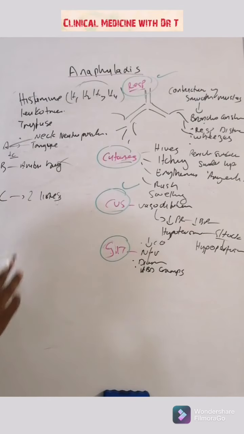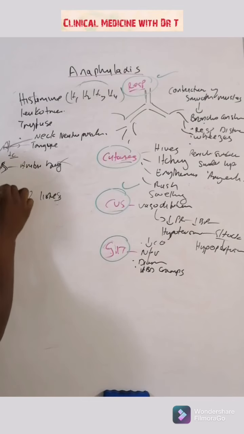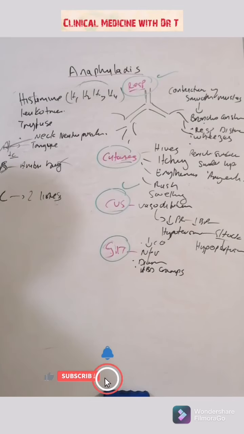But the most important thing here is that once you think that the patient's got an anaphylactic reaction, think about airway, breathing and circulation. And the third thing is that as a doctor, when the nurses call you, they know that they've called a doctor and you need to go there and be the leader in the team because you are the doctor. So you need to know that, okay, I'm gonna do this, I'm gonna tell the other people to do this, because you need to take your roles. Everyone needs to take their own roles.